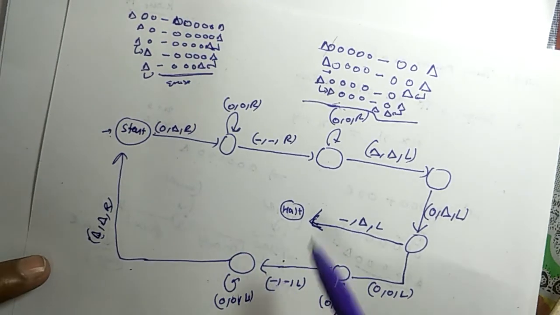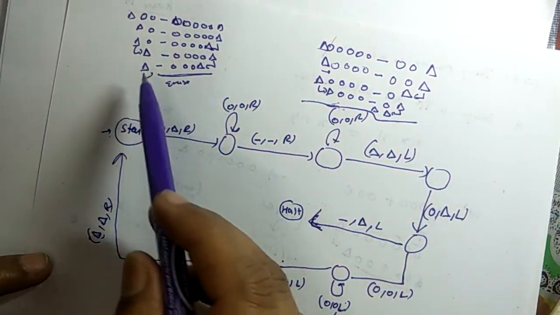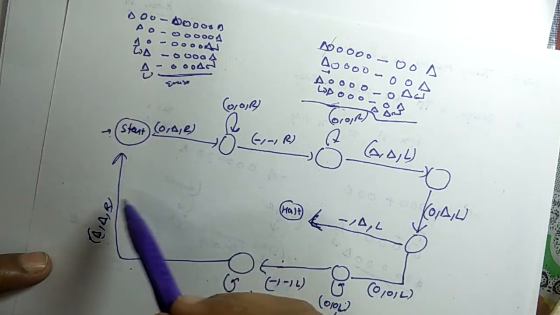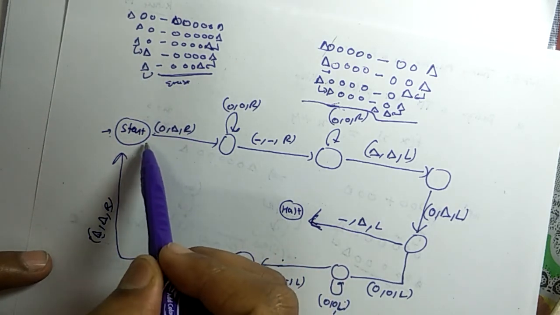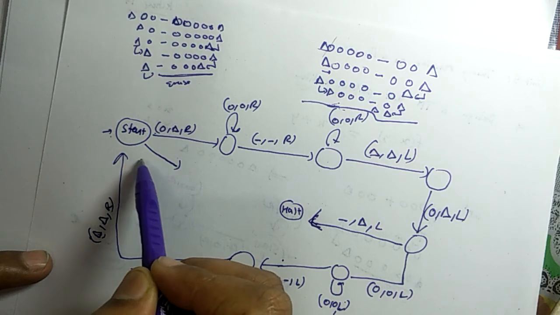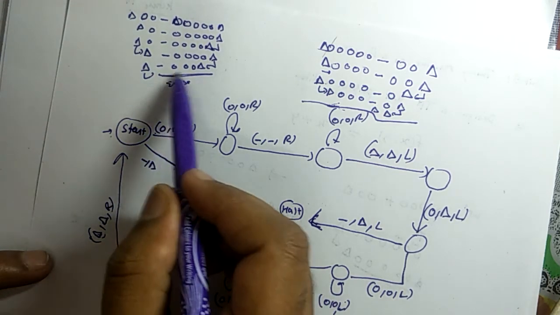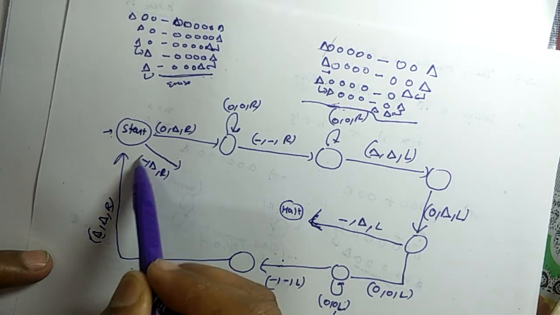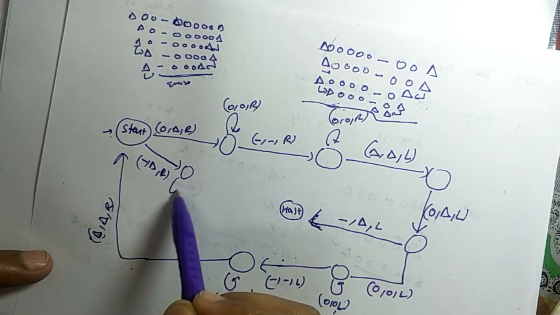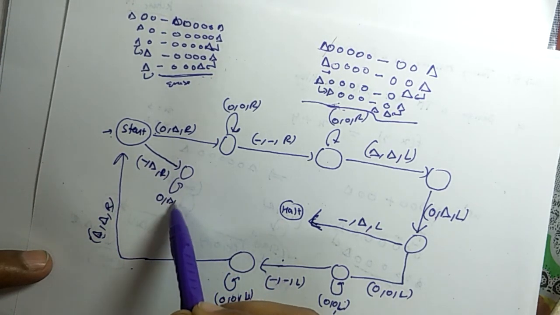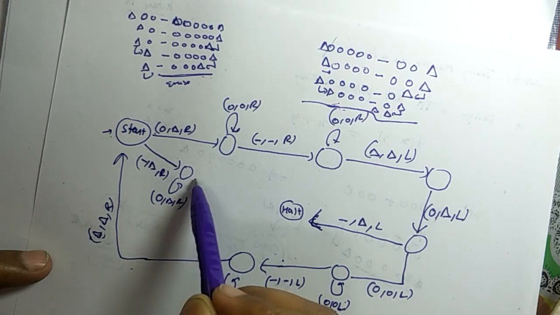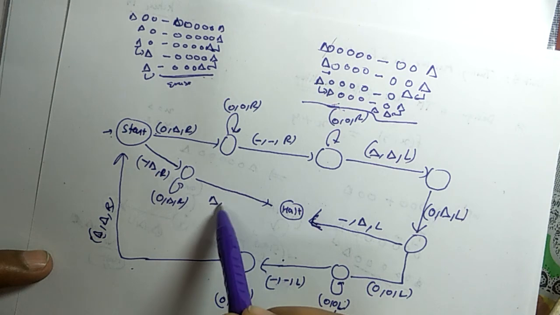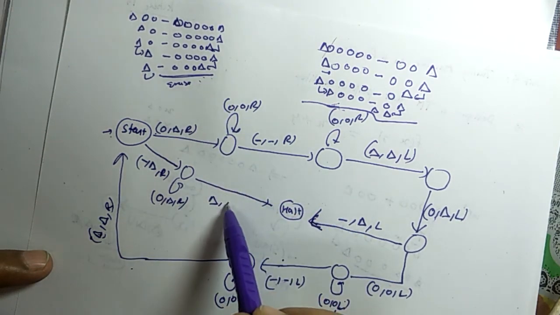If m is less than n, it means that we will not get any 0 from this side. In the right of this blank we will get minus. If we get minus from this corner, we have to erase everything. We make it blank and move to right, and we convert all 0 to blank and move to right, and we will reach the blank of right hand side